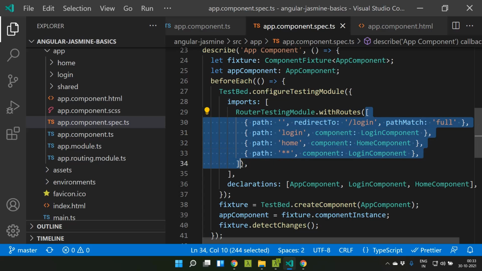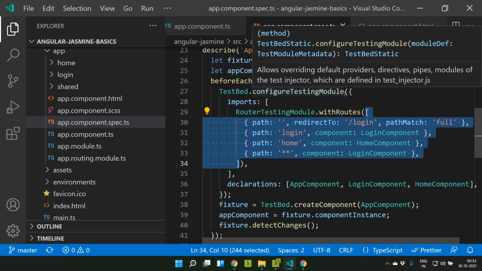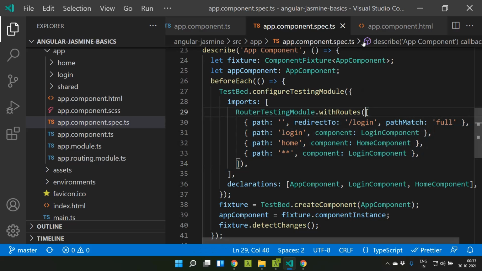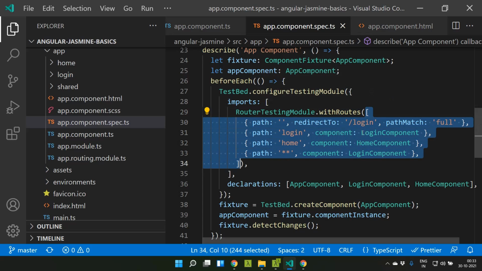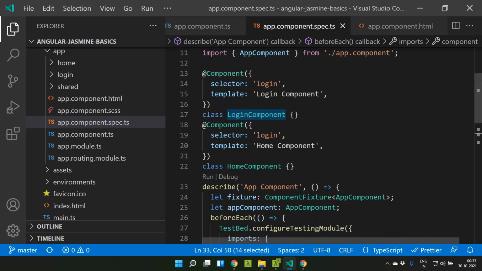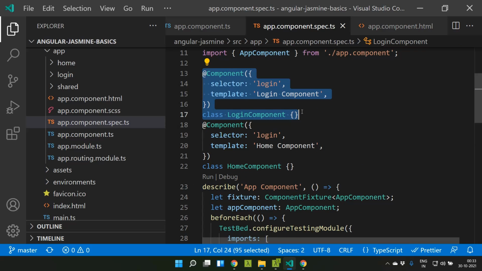This is similar to our normal router module for route. Whatever configuration we have given in the routing module, we can provide the same thing here as well. The only thing is that whatever components we have linked to these routes, we need to mock them. Otherwise, it will be calling the actual component with all the dependencies, and our test case will be a mess. So for that, what we can do is